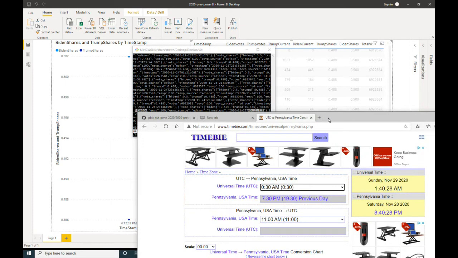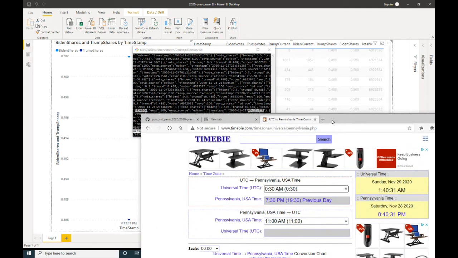Let's say 30 a.m. So at 12 a.m., or I mean at 0012, it would be 7:15 p.m. on November 24th, I suppose. So at 7:15 p.m. on November 24th, we get this huge spike